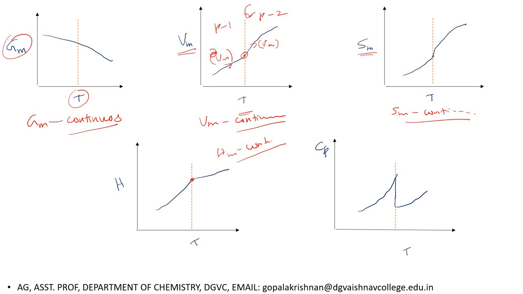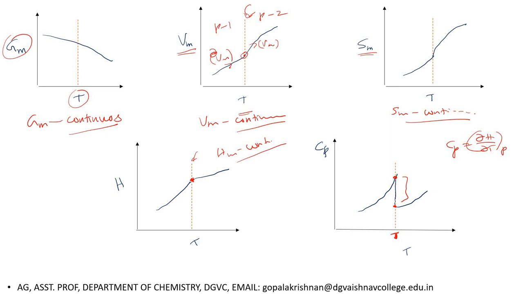Okay, what about Cp? Listen, Cp is ∂H/∂T at constant pressure. See here, at the equilibrium temperature, at the same temperature, the Cp value for phase 1 and for phase 2 are different. There is a discontinuity. There is a discontinuity in the Cp graph, and this indicates it is a second order